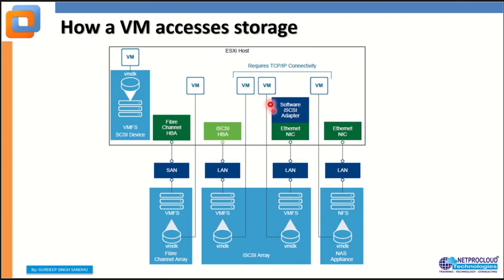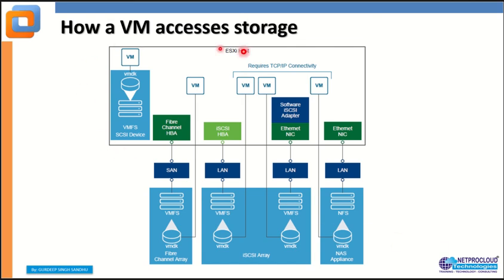It is the same with the other storage too. There are some technologies that require TCP/IP connectivity, like your iSCSI array and NAS. These technologies need the standard TCP/IP network, which we call the local area network. Here we can have hardware-based iSCSI HBA adapters, or we can use software iSCSI adapters using the Ethernet NIC. Or for the NAS, a simple gigabit adapter can communicate with the LAN and further to the NAS appliance.